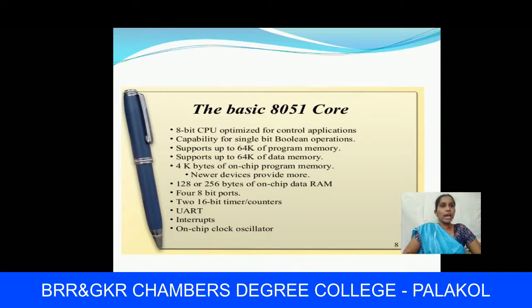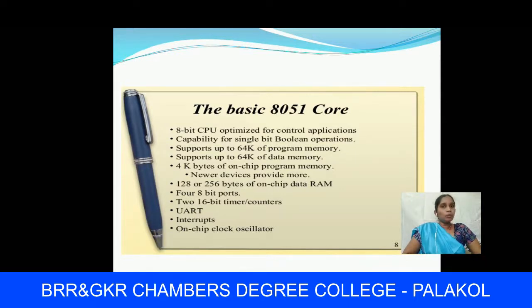It is also capable of performing single bit boolean operations. And next, it supports up to 64 kilobytes of program memory. It also has a data memory, which is also 64 kilobytes.